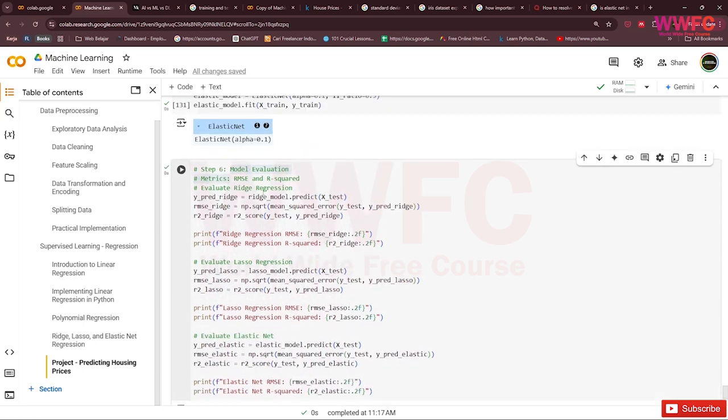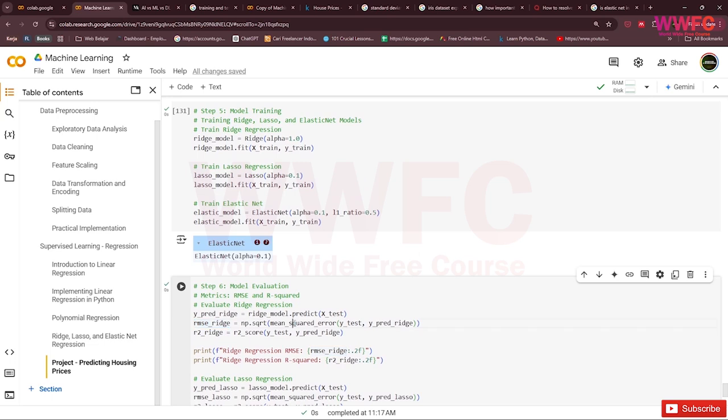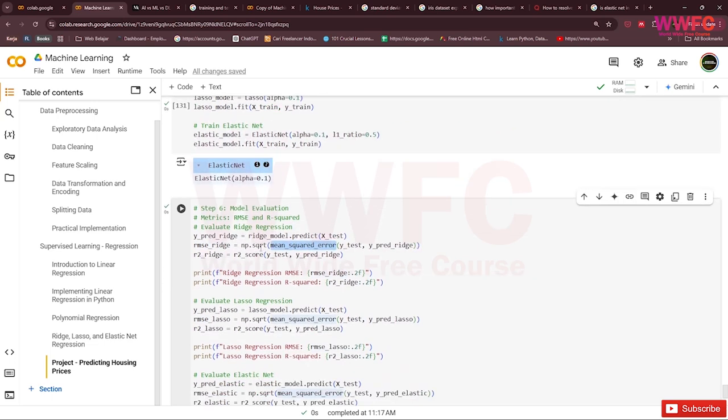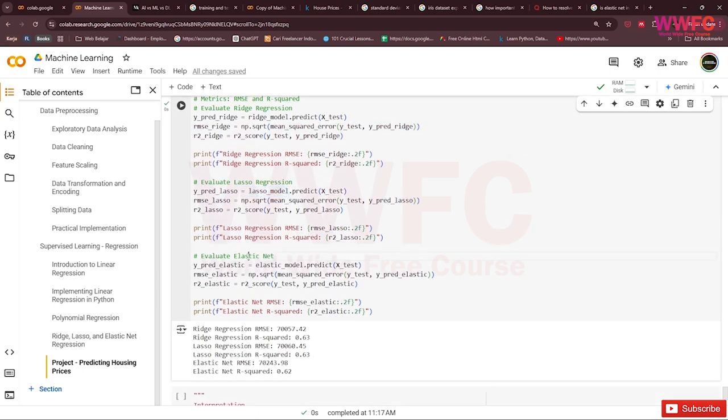This is the code. So we use ridge model predict. We use RMSE like this, square root of mean square error, and then R2 score like usual, like the other example in here. So we do the same for lasso regression and elastic net.